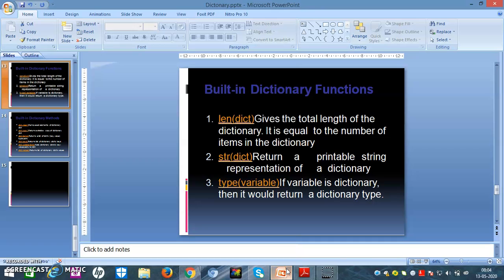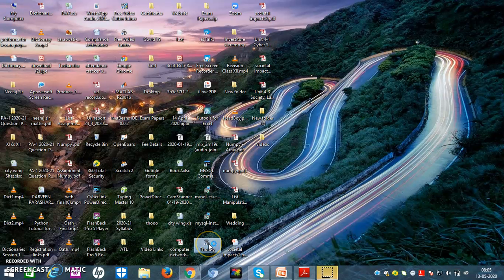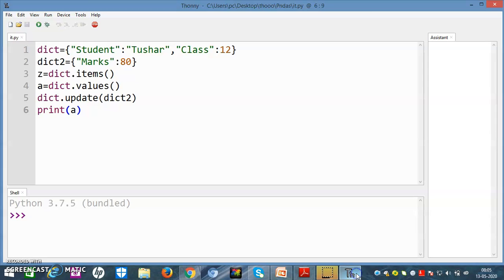Today I am going to teach you about the practical aspect. Let us open our Thonny, the IDE used for this dictionary.